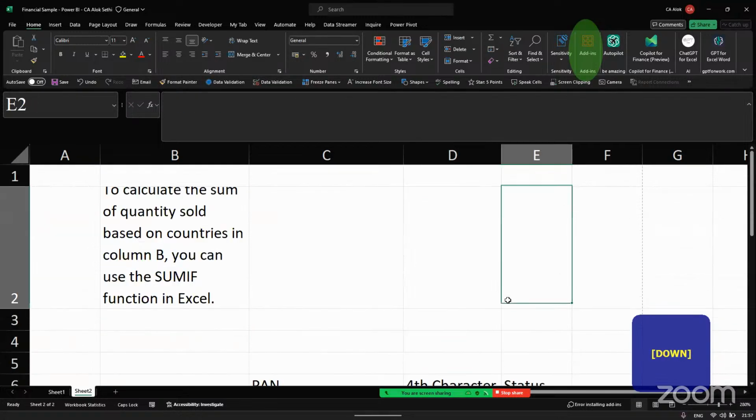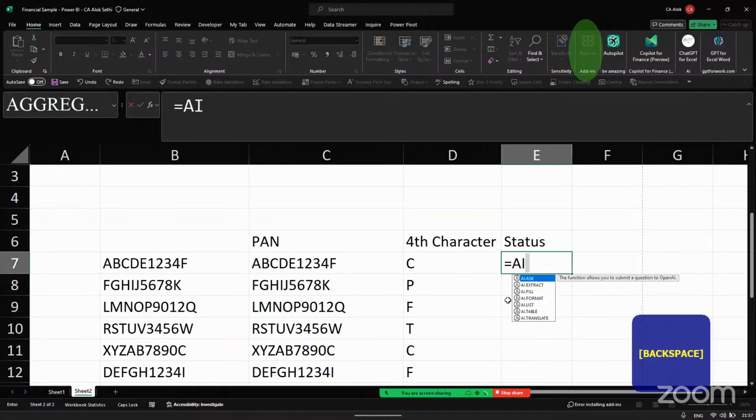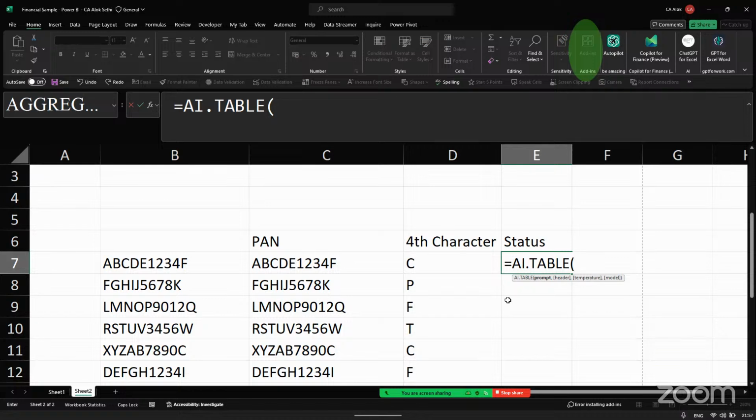Now what I'll do is equals to AI dot. Now you have extract, fill, format, list, table, translate. अब हम क्या करेंगे, यहाँ पर हम कहते हैं इसको कि क्रिएट अ टेबल. ठीक है, टेबल. अब प्रॉम्प्ट क्या देंगे हम उसको कि